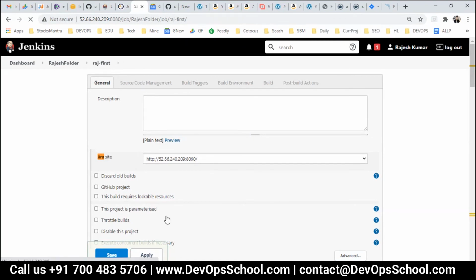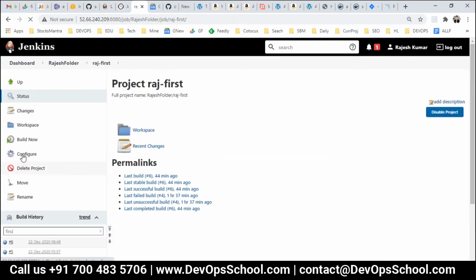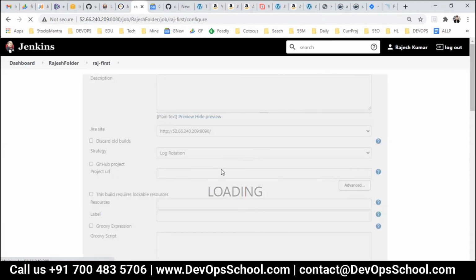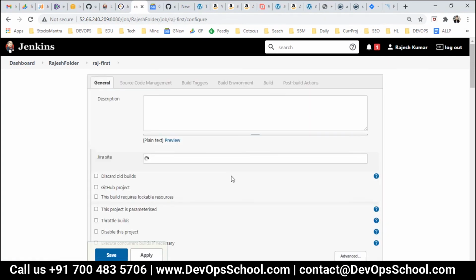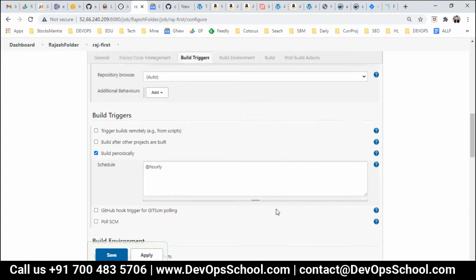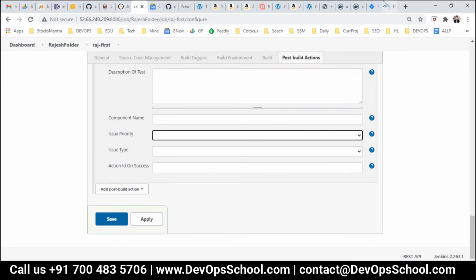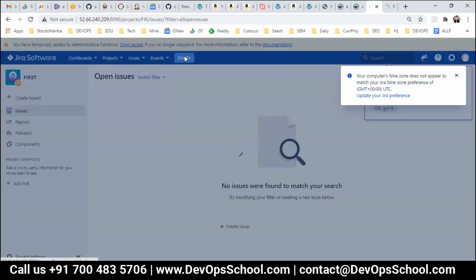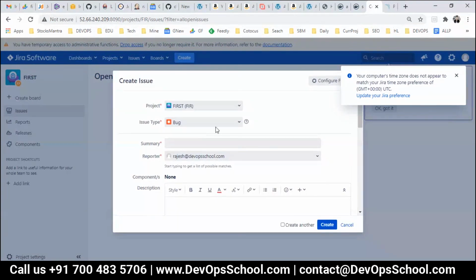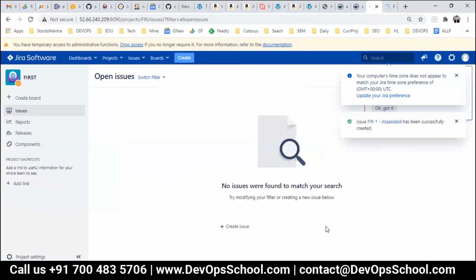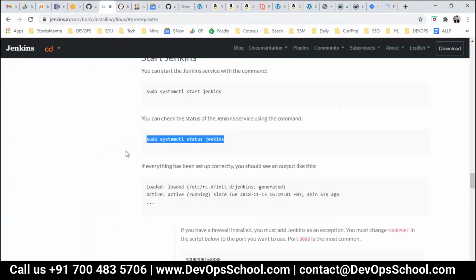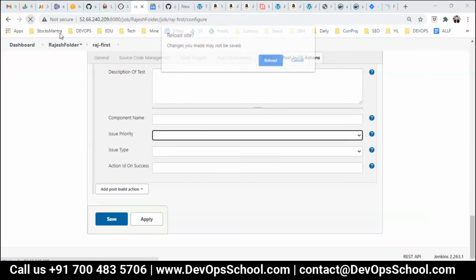So save it. Again, I'm going for it. Automatically it should come. It's not coming, so why is it not coming? Just a second, hold on. I'm creating one ticket, a fake ticket. Refresh.